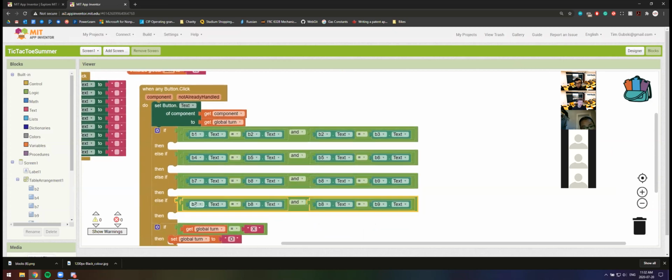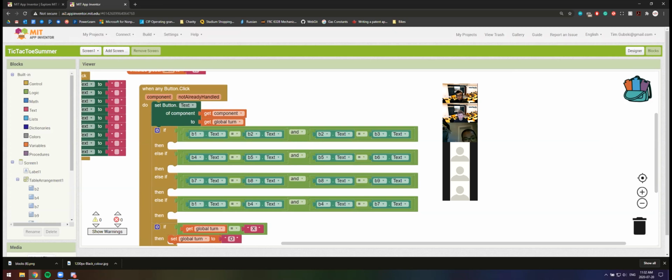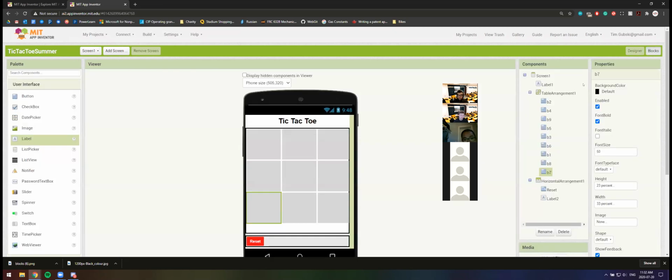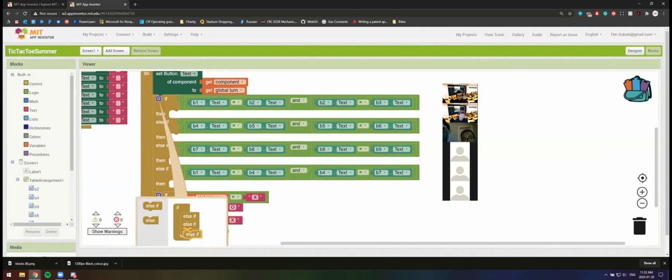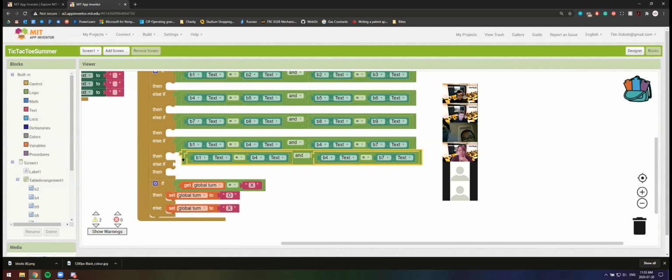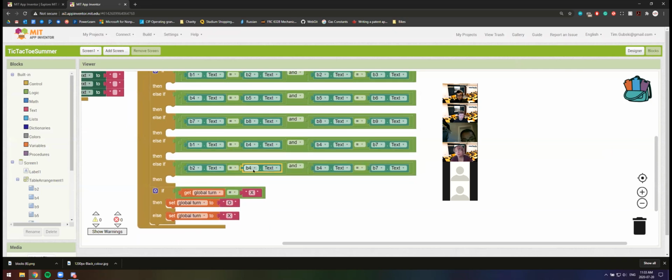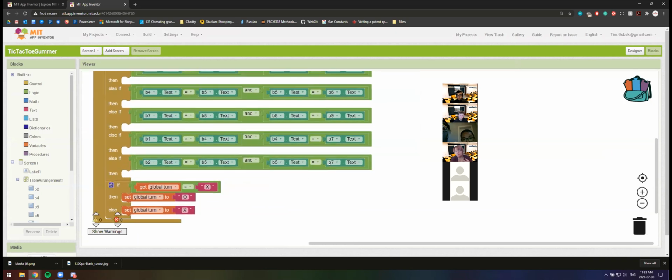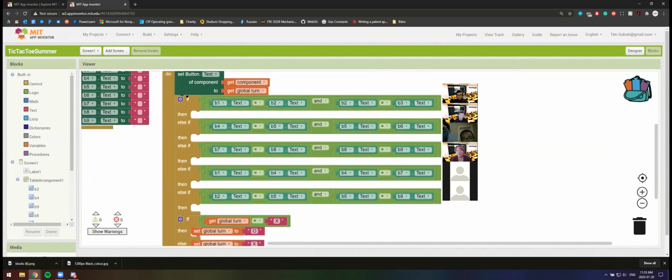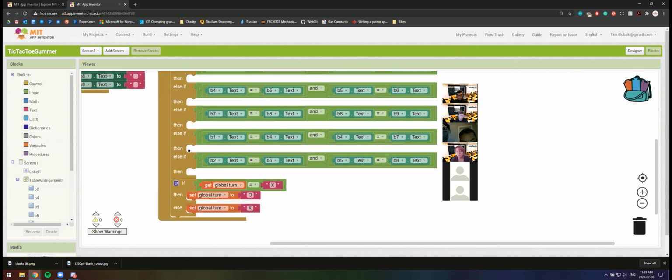Okay, for our verticals, I'm going to have 1, 4, 7. All right, if you don't remember what the numbers are, you can go and click on them. So I know this is B1, this is B4, this is B7. Okay, let's do another else if. Once you've assembled one of those ifs, you just duplicate it and change the button names. You don't have to manually make this part every time. As you can see, what I'm doing is I'm just going and